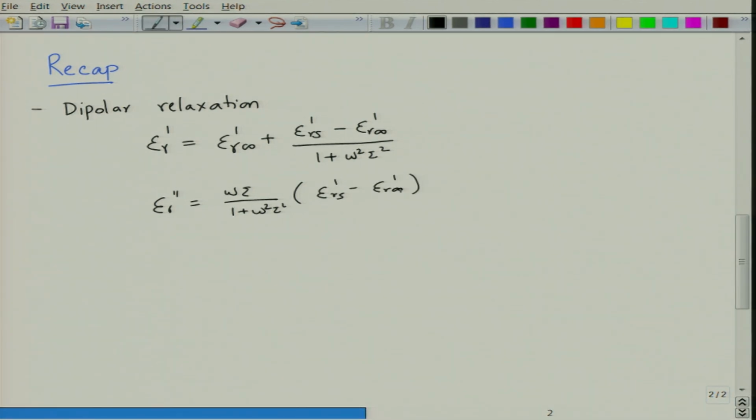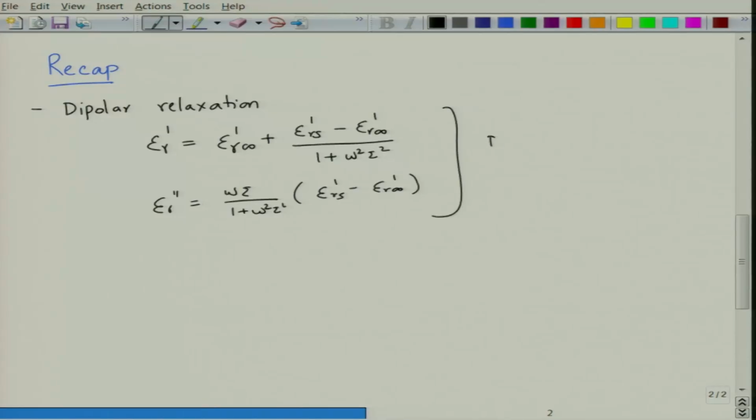So, epsilon rs prime is basically the static dielectric constant, and epsilon r infinity prime is called the high frequency dielectric constant, and you can see that there is a dependence on frequency here. So, these are called Debye equations as we saw,